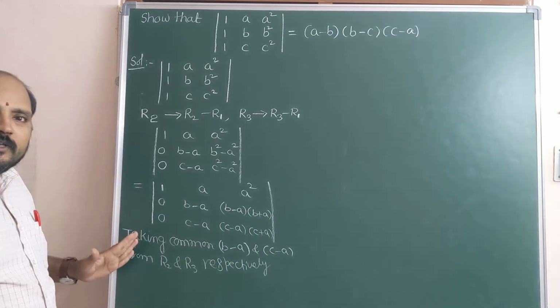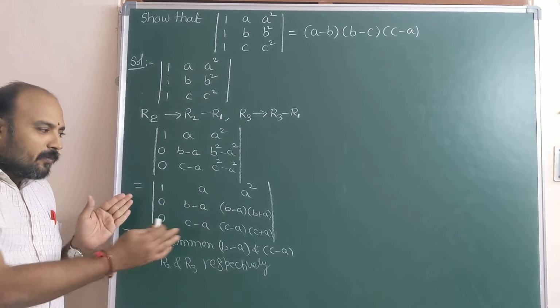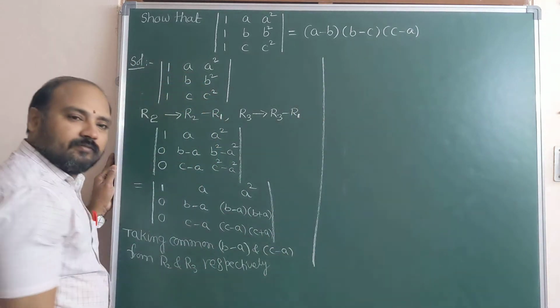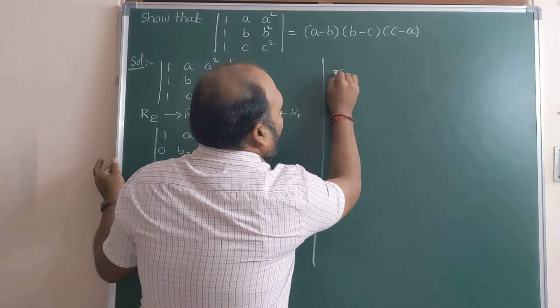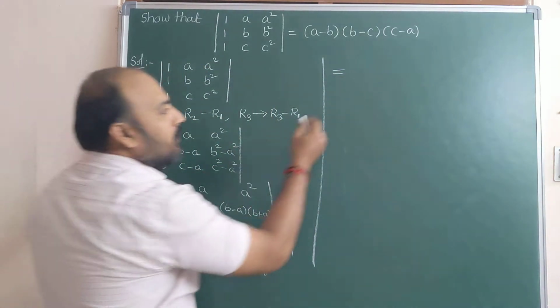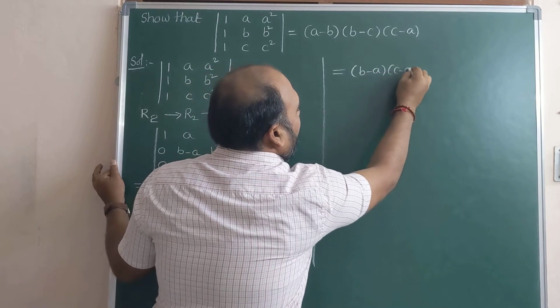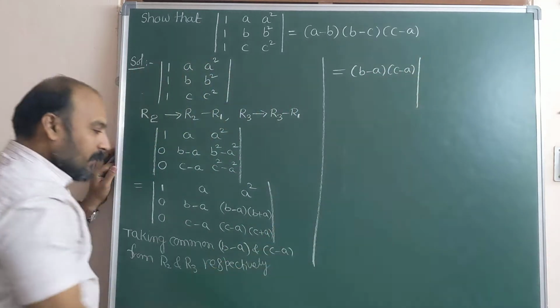In the determinant, whatever we are taking common, which are multiples of the determinant, so it will become b minus a, we are taking common, and c minus a also we are taking common. So the rest of the determinant will come: